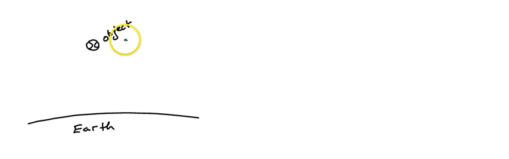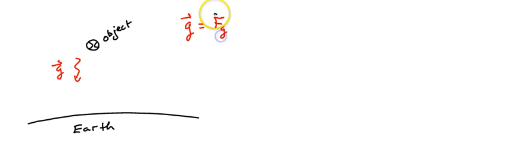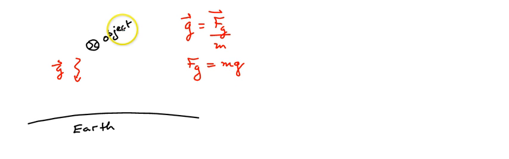An object that is located near the surface of the Earth will experience an acceleration due to gravity. The acceleration due to gravity is equal to the gravitational force divided by the mass. Or more commonly seen, the force of gravity is equal to m times g. Even though there is no contact between the object and the Earth, there's still a force, or action at a distance. The acceleration due to gravity, g, can be referred to as the gravitational field, which is produced by the